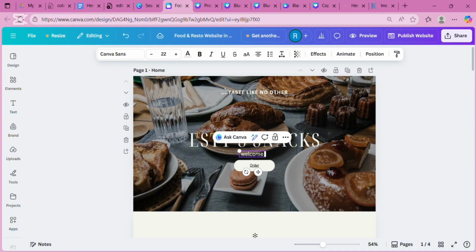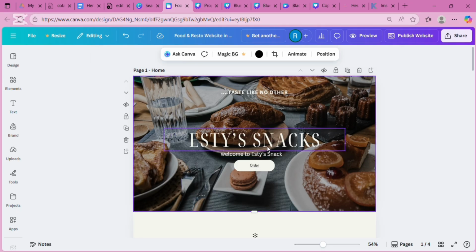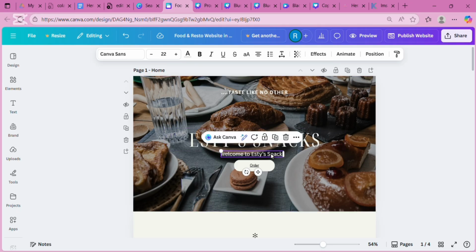So we are going to say something like welcome. Okay, sorry, there's an error there. There's a mistake. So welcome to Estes Snacks. I think welcome to Estes Snacks. I don't know if that sounds nice, but welcome to Estes Snacks. So when you're saying something like taste like no other, Estes Snacks, welcome to Estes Snacks, order, then the button